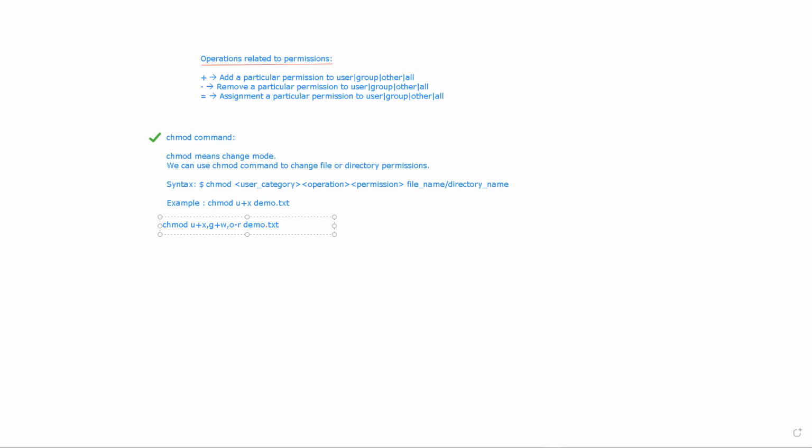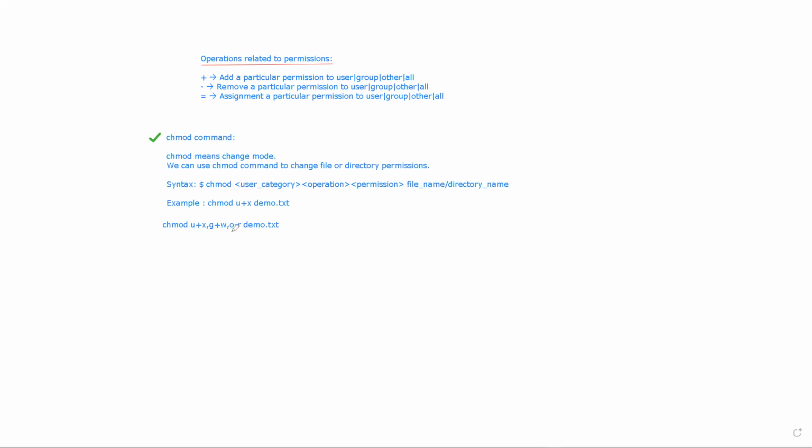So now in this command, the user has the executable permission, the group has the write permission, and the owner has the read permission, right?